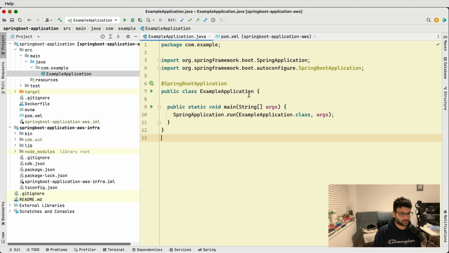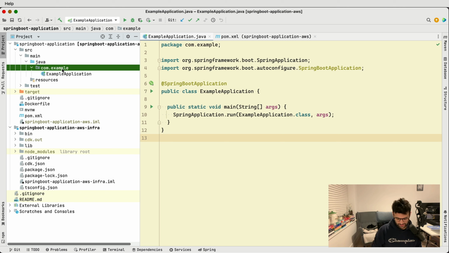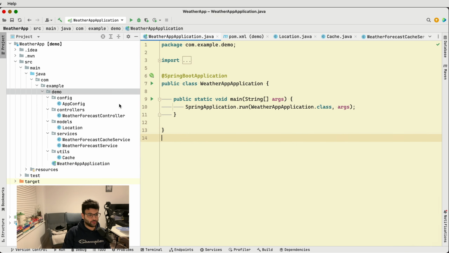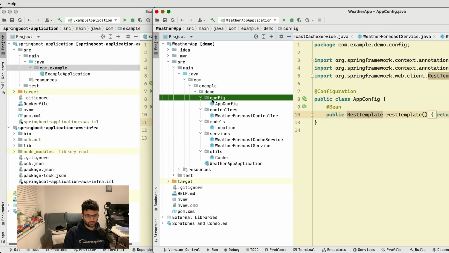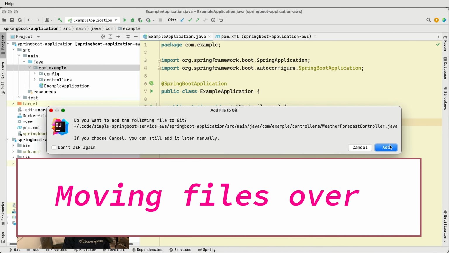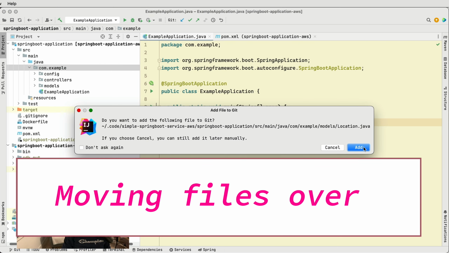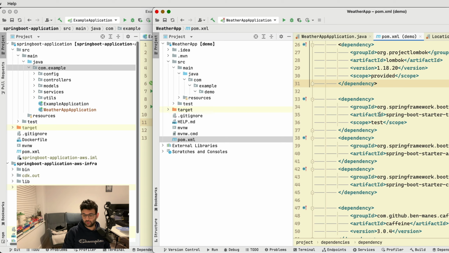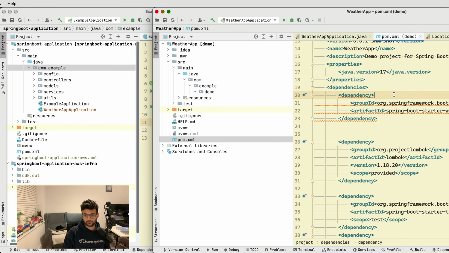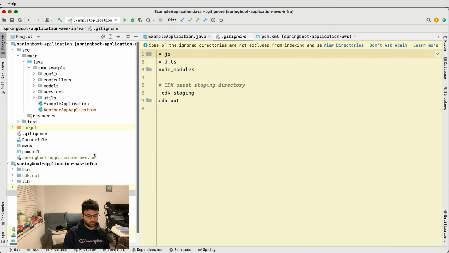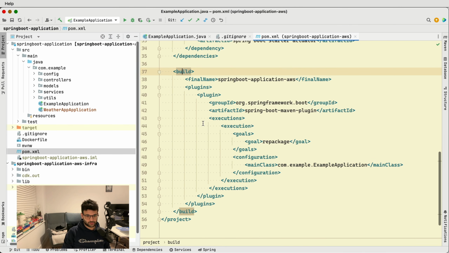Now, let's pay attention to com.example. And let's replace the existing project that's here with the project that we created. All right, so we're gonna start by, let's see if we can drag and drop this thing here. Yeah, worked. And then move the other application. And yeah, we also want to move the dependencies that we have here. Let's copy all these dependencies. And okay, the build here is different, I guess. Yeah, so the build here is a bit more sophisticated, so we should actually pay attention to weather application here instead of,